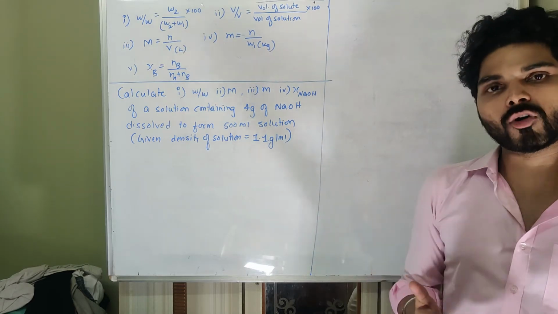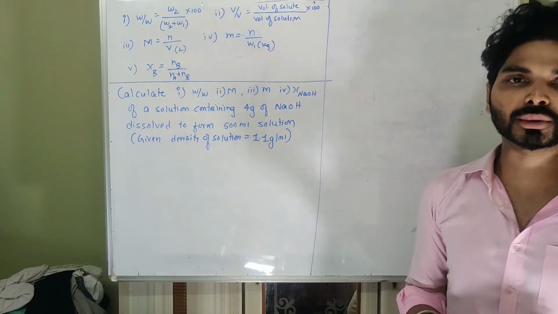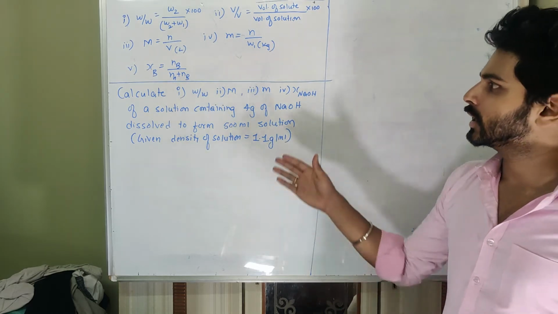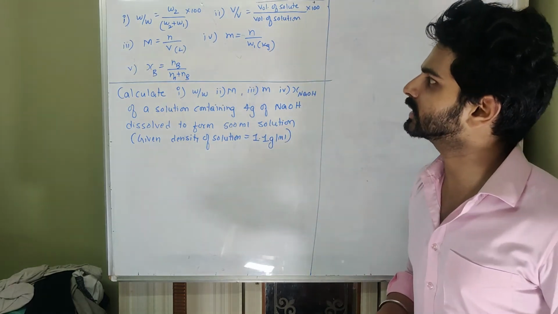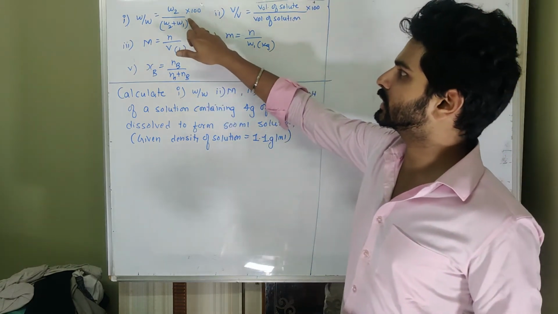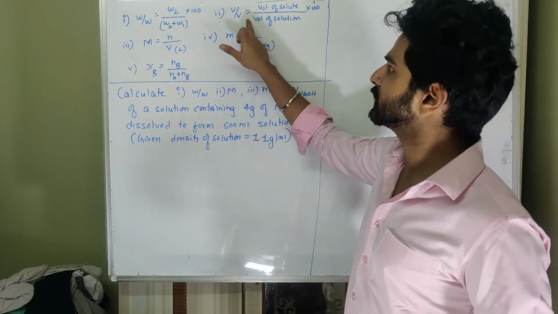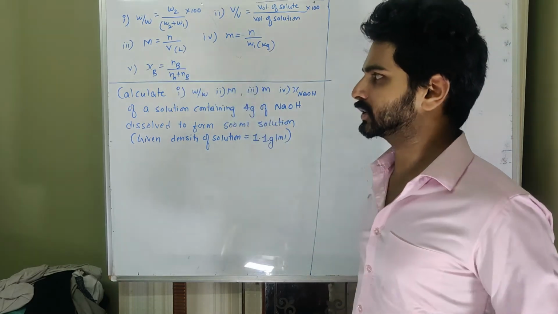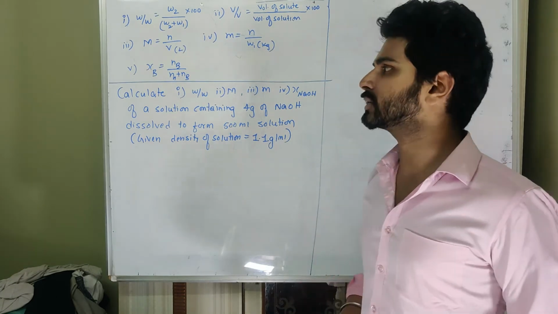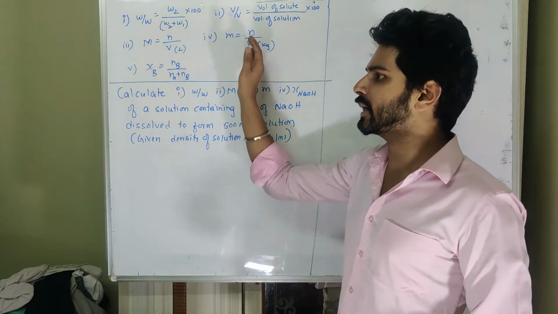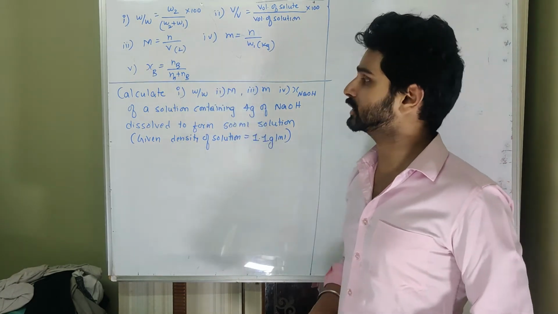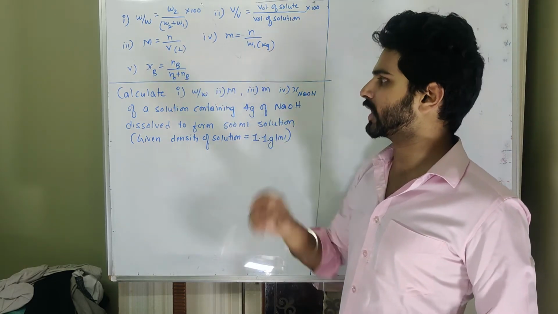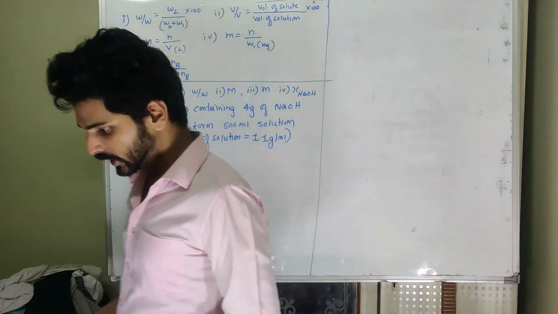After seeing the formulas of different concentration methods, we will use these formulas to calculate some problems. So I have listed formulas in symbolic form here. So this is mass percent, this is volume percent, this is molarity, and this is molality, and this is mole fraction. There are few more concentration methods we are going to understand, but for the time being we just use them in different calculations. Remember, this is in terms of liter, or in dm cube, this is in terms of kg. Now look at the problem.